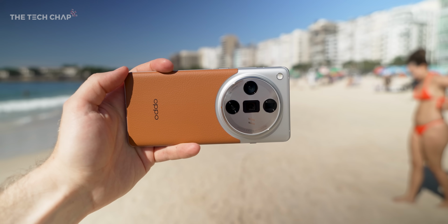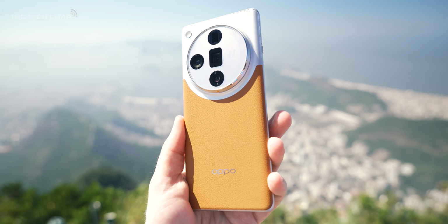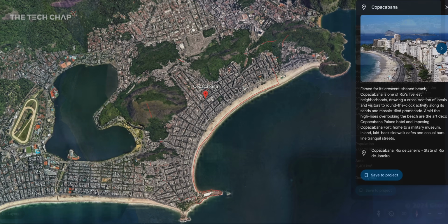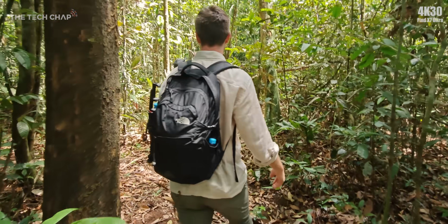Now this did launch a couple of months ago in China. We've also had a few quite big updates to it since, improving the camera, and that's basically what I'm here to test. Oppo brought myself and a few other creators out here to Rio, and also we're going to go to Manaus in the middle of the Amazon rainforest to put this to the test,